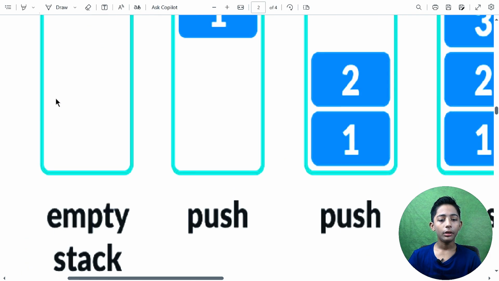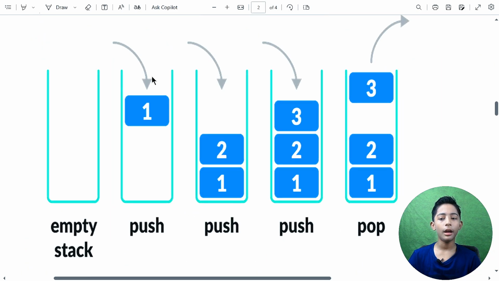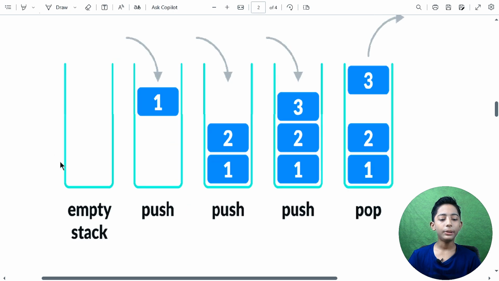Now, here one thing has been made: empty stack, push, pop. In the empty stack there is nothing.